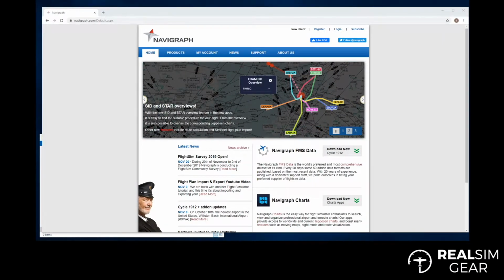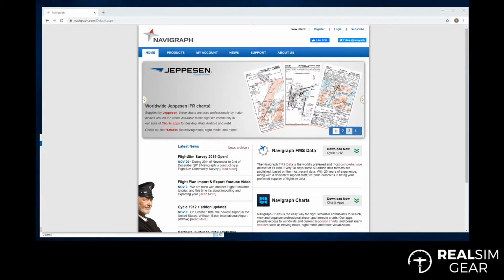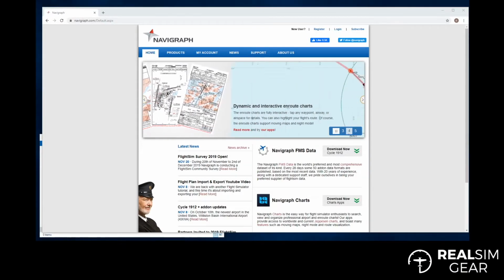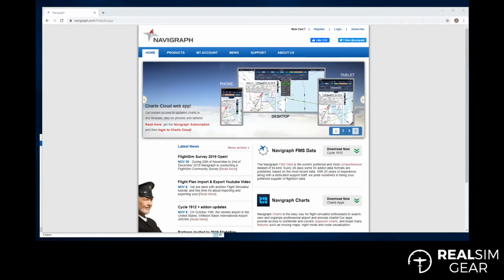Today we're going to do a quick tutorial on using Navigraph to update the default navigation database found within X-Plane. We often get asked the question, how do you do this? How do you get the latest and greatest approach charts and nav aids, IFR routes, etc.? The recommended method to do this is to use Navigraph and a Navigraph data subscription to get, download, and install